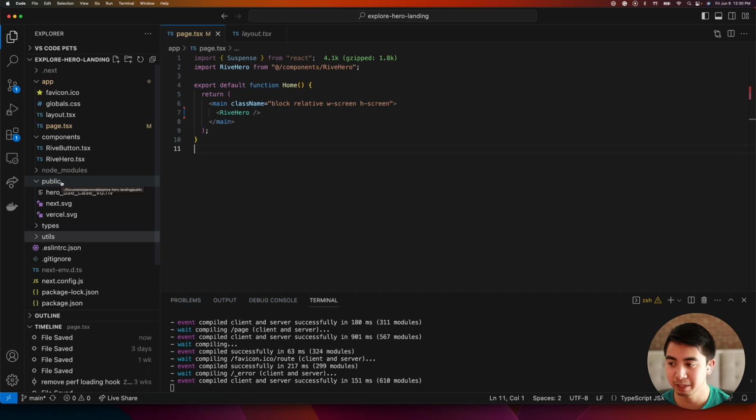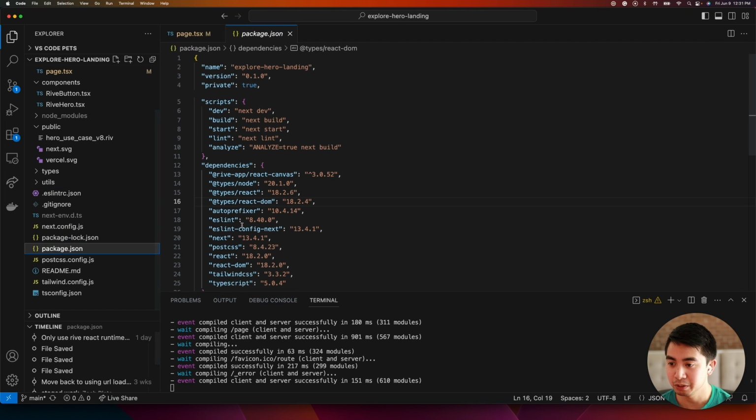In this case, we're going to be using a Next.js project, which is going to have a nice framework for us to build our React app on top of. And with Next.js, it has this public folder where I can include all my public assets like images or fonts. And so you can just plop it in there and you'll see how easy it is to reference that Rive file when we start using the runtime.